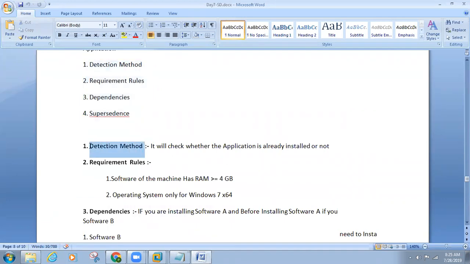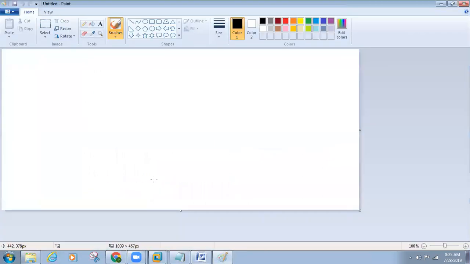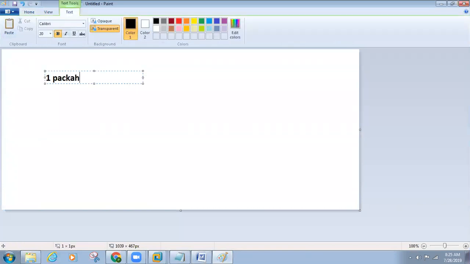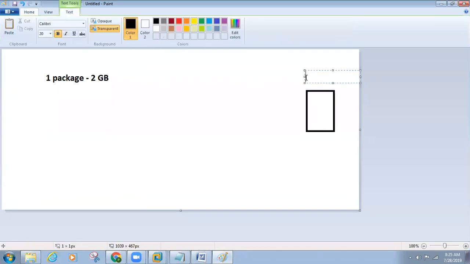Then what is the detection method? It will check whether the application is already installed or not. In a package it won't check. For example, if you deploy one application, we have created one package and deploy it to a machine. First it will download. If the software is 1 GB, if you created one package of 2 GB size, when you're deploying to any machine, some System 1 or System 2,